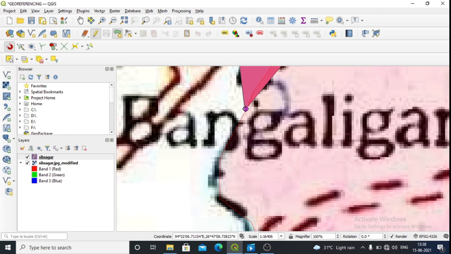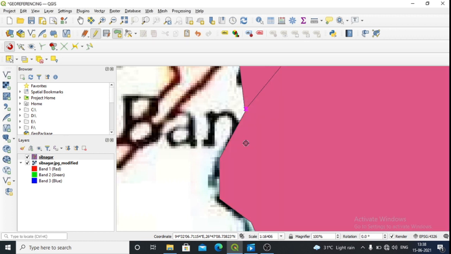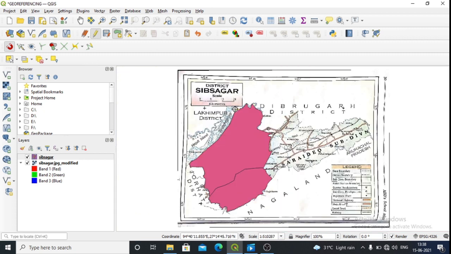Okay, just right click, then this is your ID number 2. Okay, so what is the name of this particular subject? It is Nazira. Okay, then click on OK.